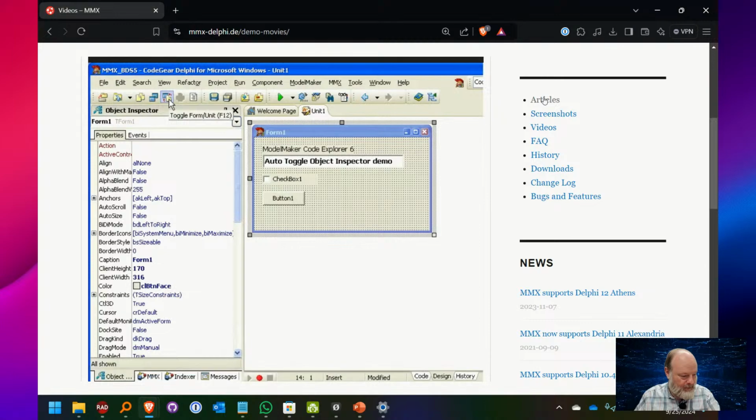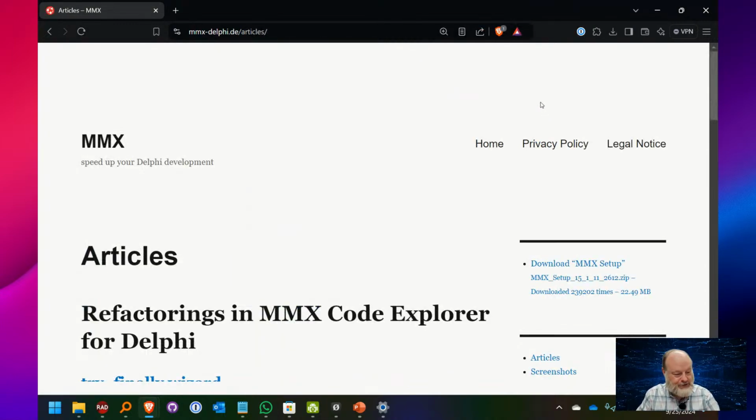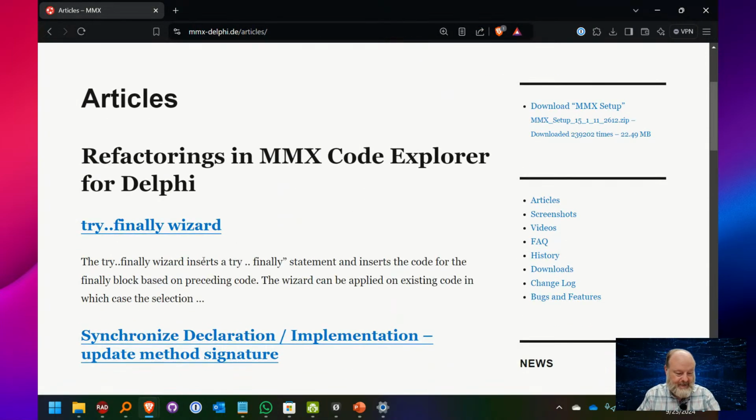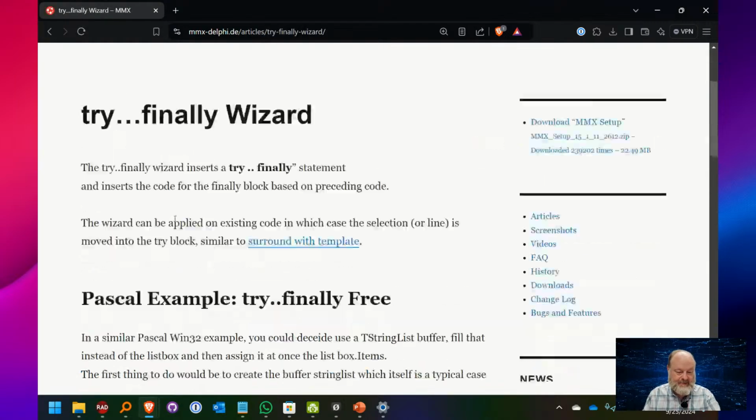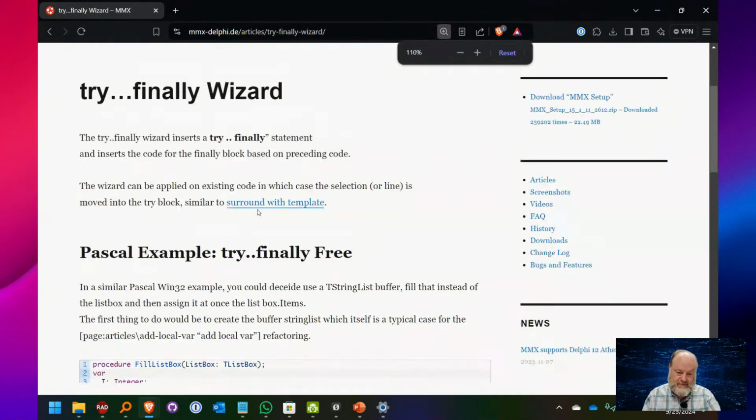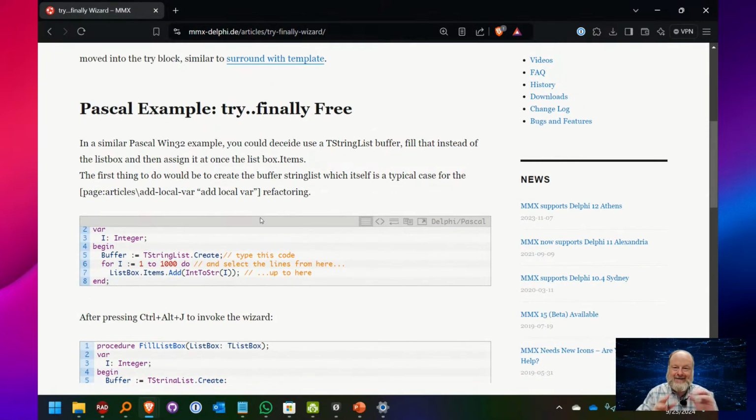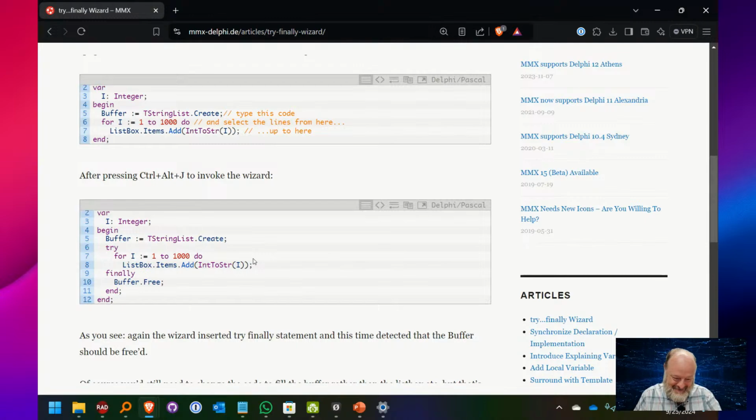And there are some new articles as well that talk about some of the different things in here, for example the Try Finally Wizard. Some of these things are similar to ones that are built into Delphi now, but I think these are better. There's still some stuff that doesn't work with the newest syntax, like inline variables, but it's the same for the built-in refactoring tools too.